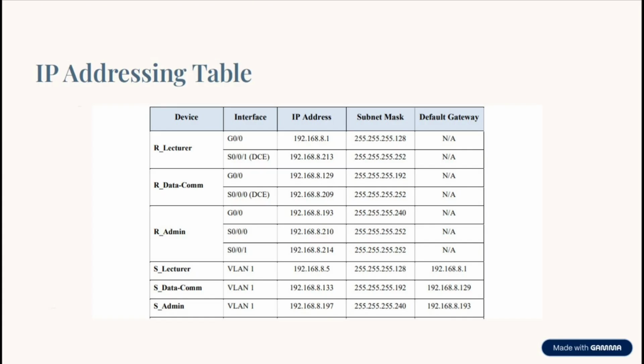Another interface S001 DCE. DCE is data communication equipment, the device that provides the clock signal to synchronize data transmission over a serial connection between router. IP address 192.168.8.213